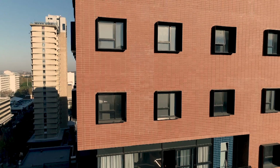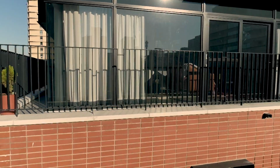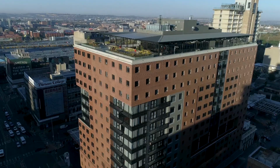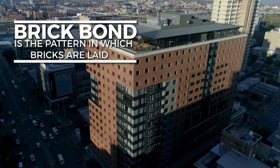Face brick is a very low maintenance solution, and I think on a student res, low maintenance is critical. It was a low maintenance choice, and also it offered room to be playful. I mean, having the different bonds could introduce different pattern types, just opportunity to play with the material and explore